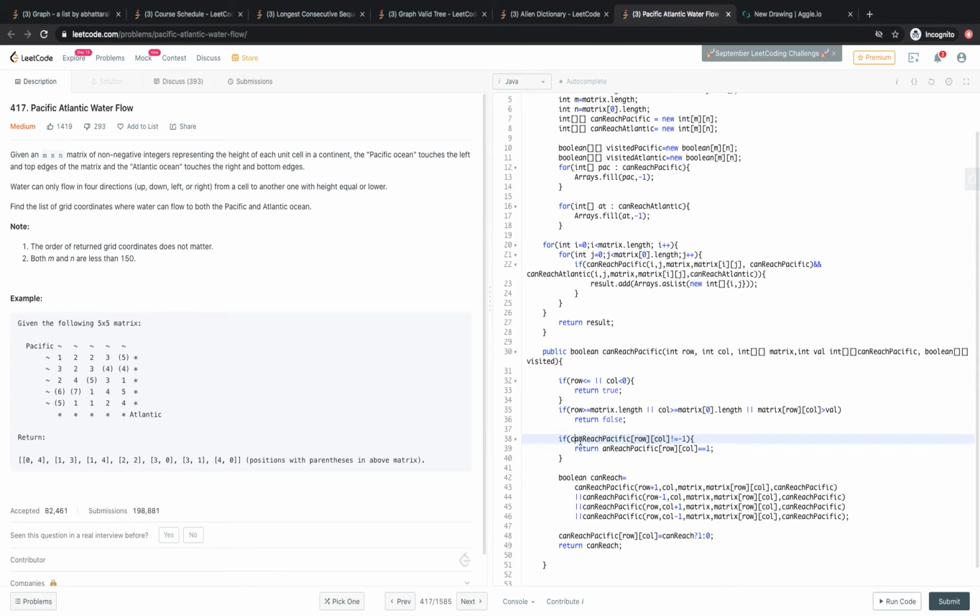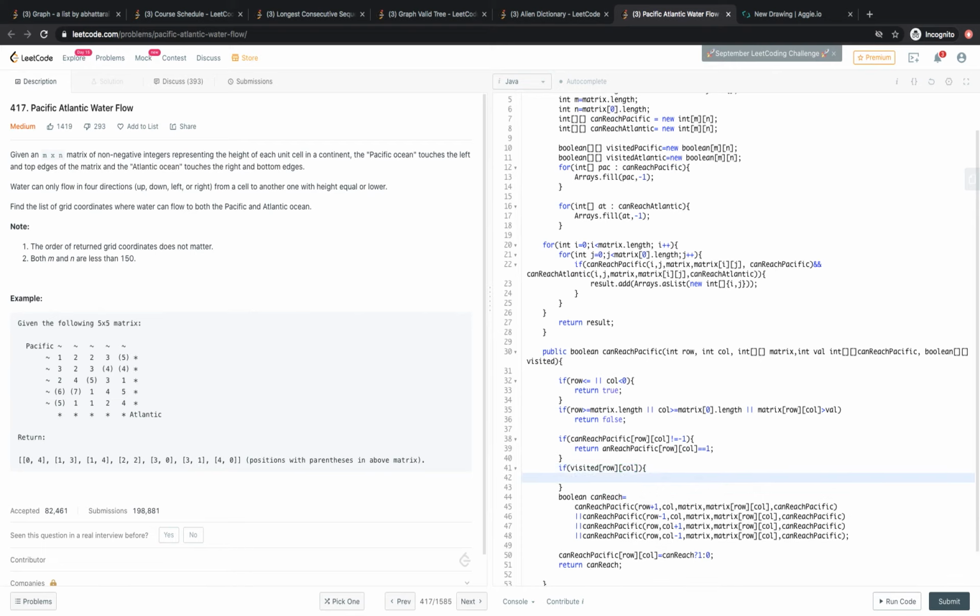Okay, this is just our cache, so we put it here. But if we say for this point, if visited row column, then